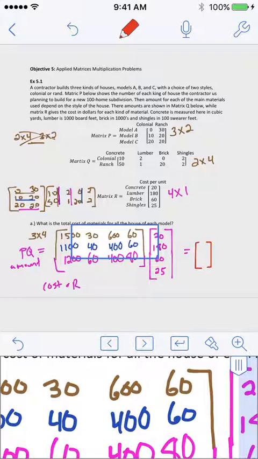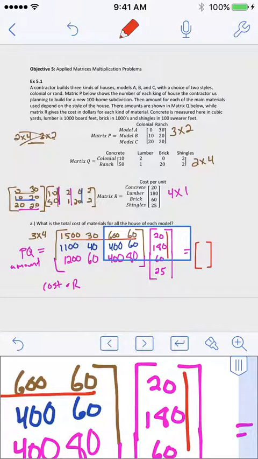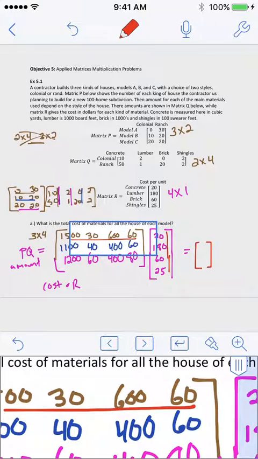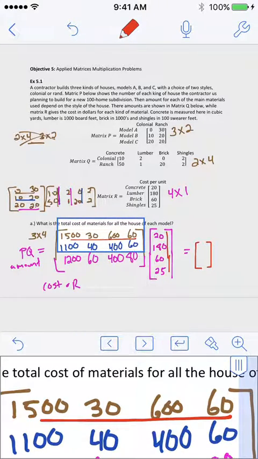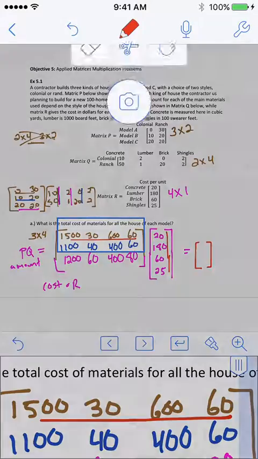So I'm going to multiply this entire brown row by this entire pink column, right? First row, first column. 1,500 times 20 is going to be 30,000. Plus the 30 times 180 plus the 600 times the 60 plus the 60 times the 25. I don't know if you could hear it, but I have the clicks of my calculator going. I'm not even mentally computing these. I'm just putting that all in a string into my calculator. I'm letting the calculator figure it out. I definitely could handle it on my own, but I end up with